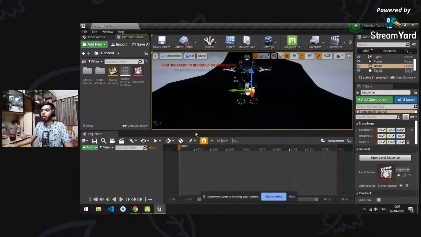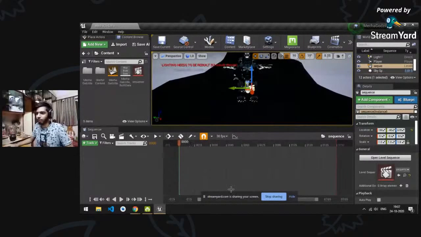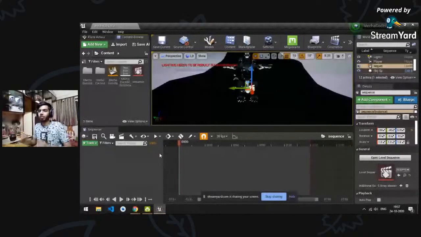Now, people who have done video editing might be a bit familiar with it, because a lot of things are really the same. So here we have our track editor. Track editor is nothing but a lot of stuff that you will be animating and moving. All the objects, not just 3D, that would be involved in your movie, in your animation, will be here in the track editor, and you can change their properties with time, with each frame,